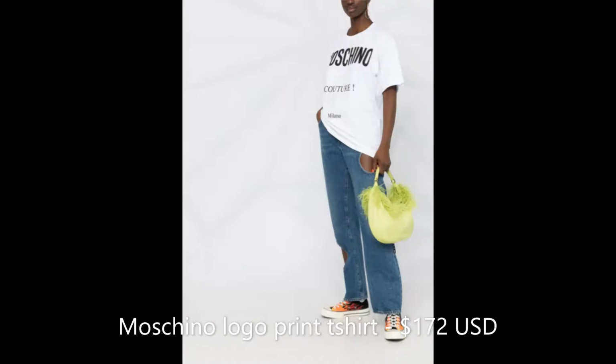I'd really appreciate it. Okay, so the first one that we're going to look at, I'll insert it right here. So this is the Moschino logo print t-shirt. The problem with this t-shirt is for people like me, so I'm like 5'6", and right now I'm